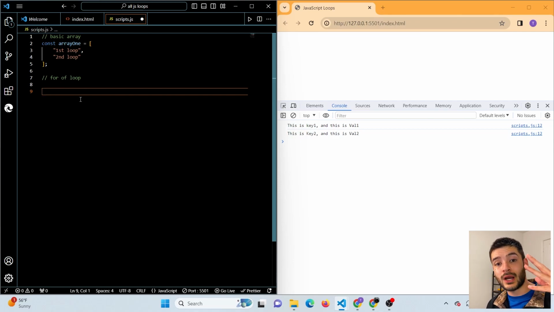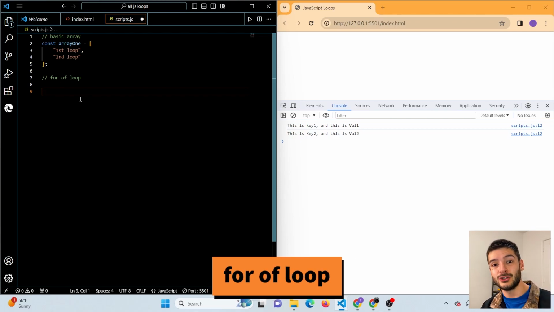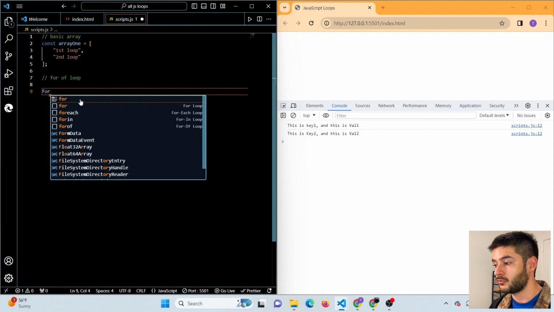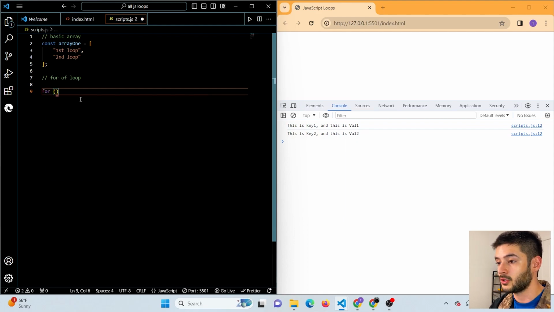Now we're gonna move on to our for of loop, and this loop is used specifically for arrays. It's really similar to a normal for loop, going to be a more concise way of writing our loop. To create this, we want to start off with our for keyword, followed by our parentheses, declare our variables here using our let keyword, and now we actually want to create an array here